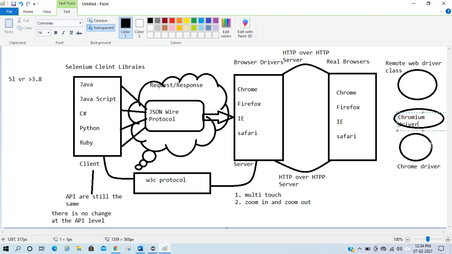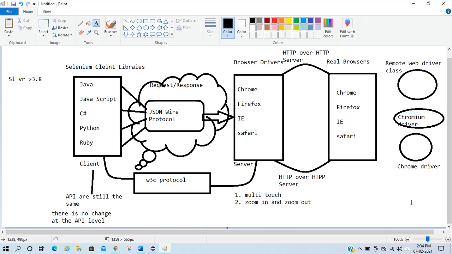My Chromium driver extends the remote web driver, and my Chrome driver extends the Chromium driver class. So this is the change in the Selenium class diagram which I have covered in the last video. If you don't know, I will share the link in the description box. You can refer to that.